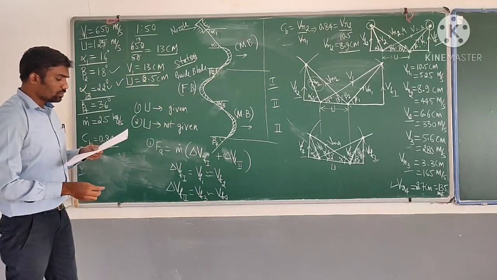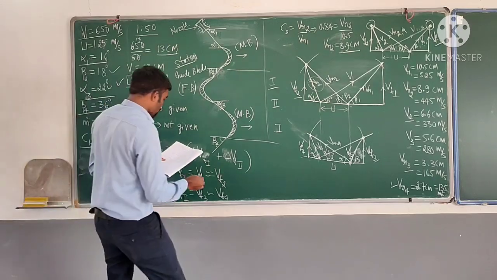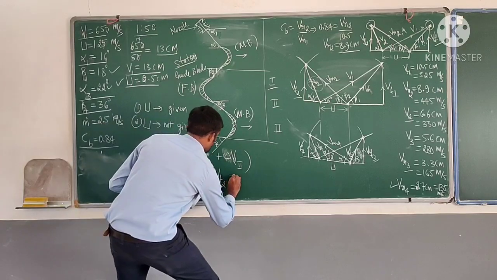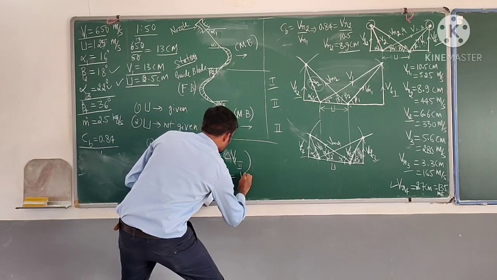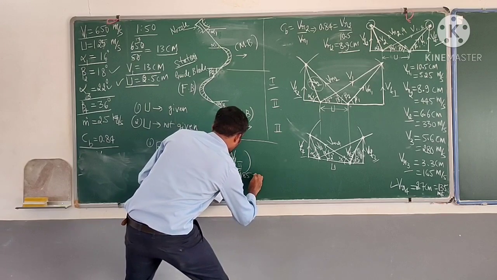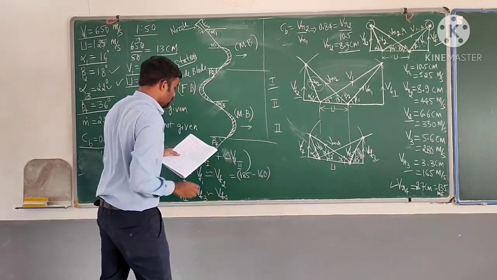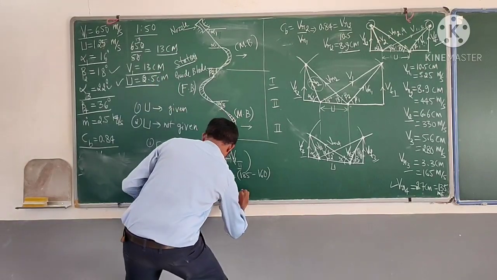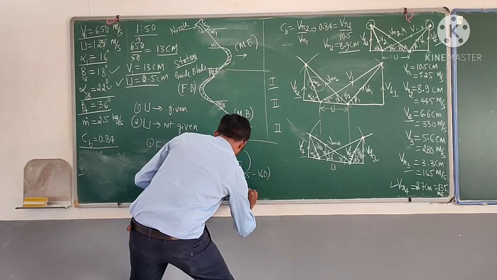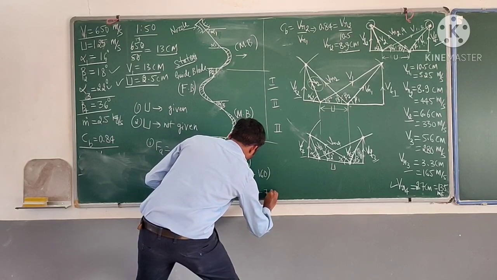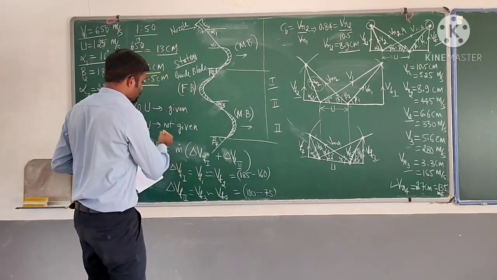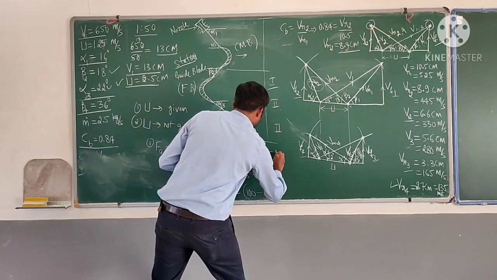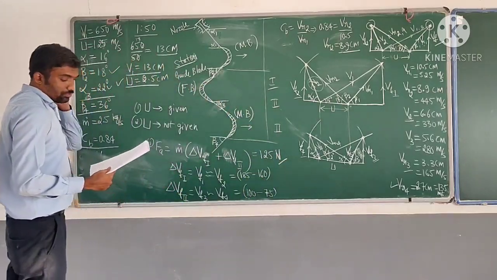So I have to just write the values. So we have calculated the VF1 and VF2 values. Okay, VF1 is 185 meter per second. VF2 is 160. Okay, then we have VF3 100 and VF4 75. So if I substitute, I will get the answer to be 125 Newton. Okay, this is the first parameter.